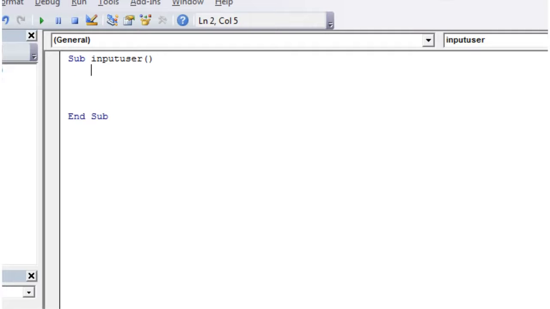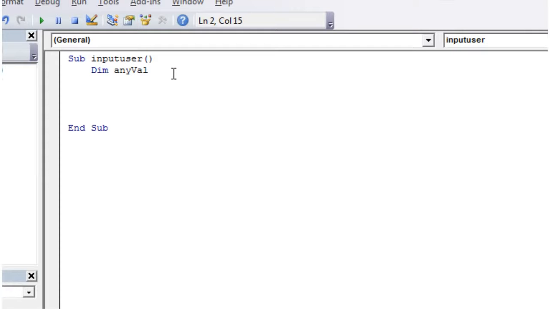So we're going to create our variable. The first variable I'm going to create is just not definable, so it's going to be able to take any kind of value. So dim any val. Dim means dimension, I believe, and it's just what you put before your variable to say, right, I'm dimming this variable. This variable is going to exist. I'm going to use it somewhere in my